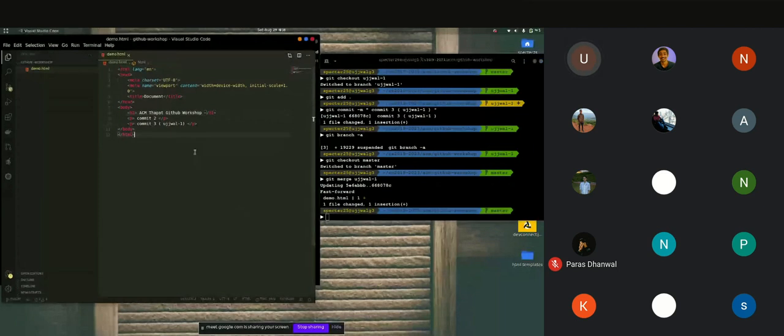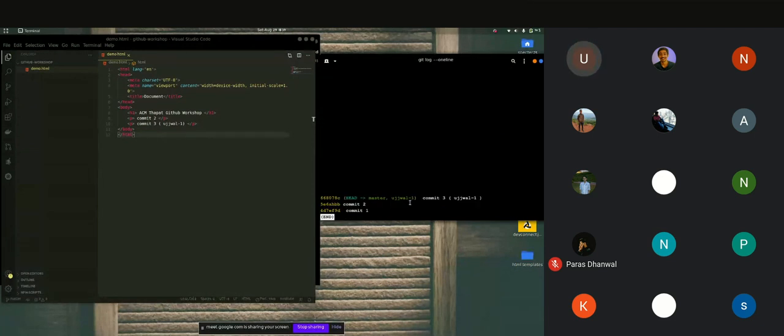You can see what happened actually. We are still on the master branch, and we got the message fast forward merge, and we made one insertion to the code in the master branch in the same file. So now if I write git log, it will show all our commits. So we have the two commits we made on the master branch, and one commit we merged using the Ujjwal one branch to the master branch, right?